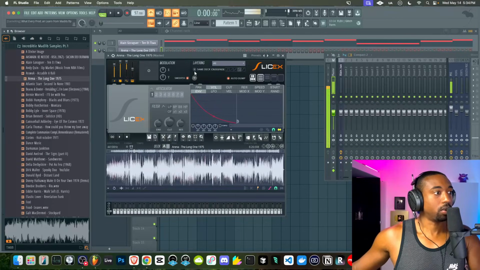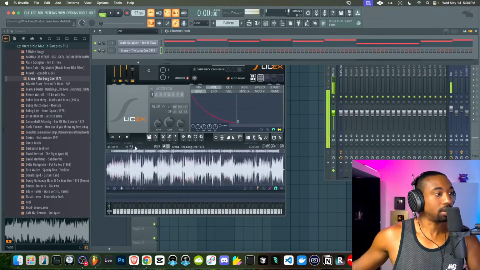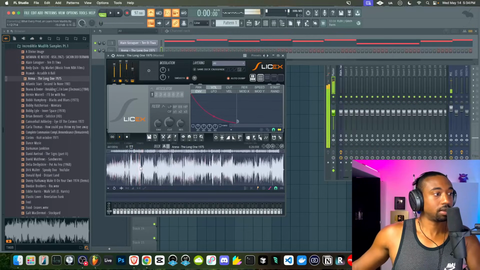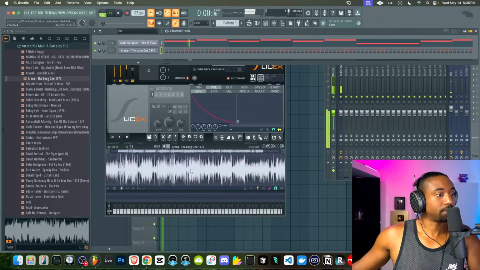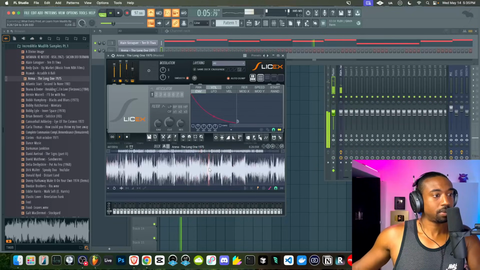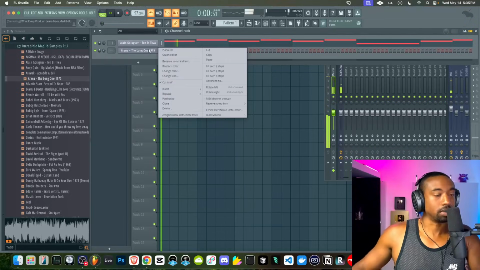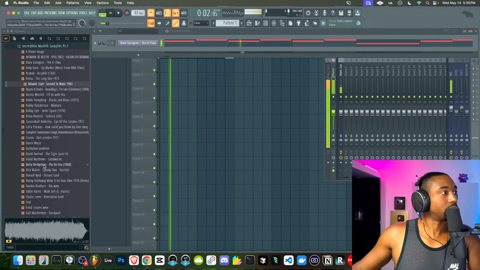I heard a horn in here that I might use. Let's turn this down. See, it's the same type of sound selection. I don't know if I can find that spot though. It might be too hard to find that exact spot that I heard. What we'd have to do is slow this down, and that would change the tuning, but it was worth trying to see. All right, let's look for that vocal chop though.